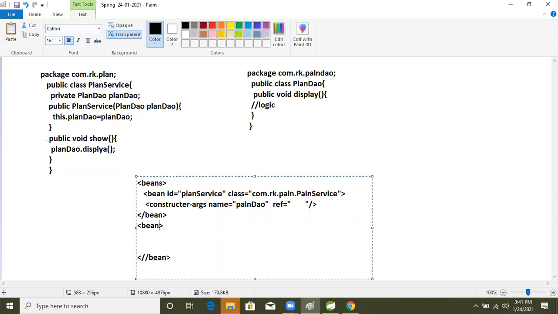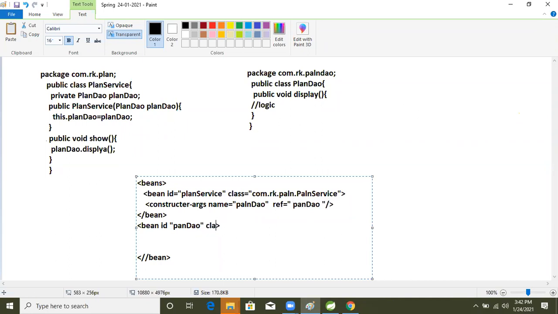Now another id attribute. For that we will give plan dao, just a logical name. This logical name we will pass here, so based on this logical name our IOC container will inject this object.